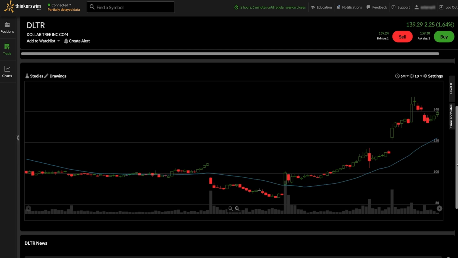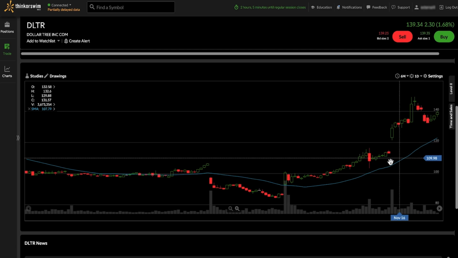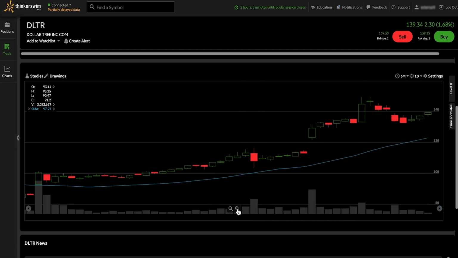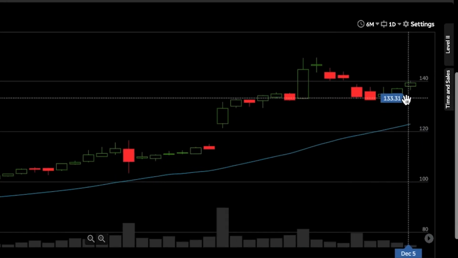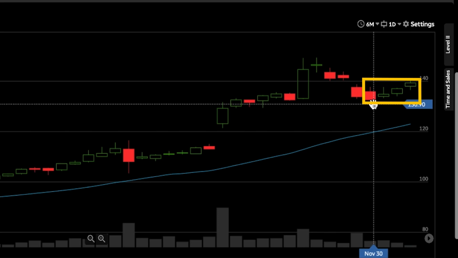Of course, there's no guarantee that upward trend is going to continue, but for a long call, we need more than just an uptrend. We need significant upward movement in a short amount of time. You can see that today it's on track to close above the high of a recent low day. This could be a signal that the stock is bouncing off support and potentially ready to make an upward move. This can serve as a potential entry signal for timing the trade.